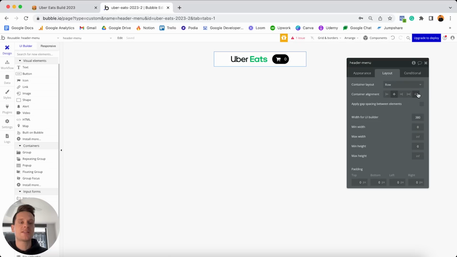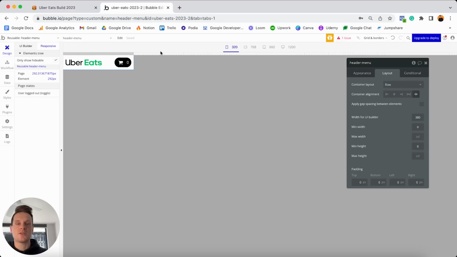But what I'm interested in selecting today is this option here, which is known as space between. And what that means, as the name would suggest, is that it's going to push both of our elements out to the side, and it's going to add an even amount of space between these two elements, regardless of the page's size. So if I just jump over to my responsive tab,